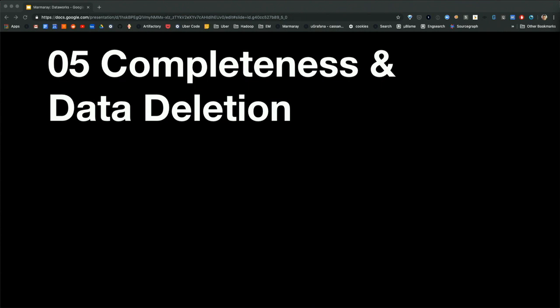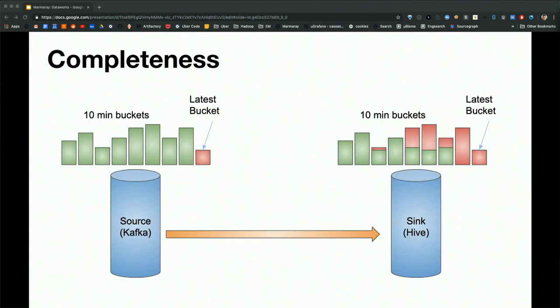So now I wanted to talk about completeness and data deletion. If you think about completeness, the main challenge here is we want to ensure that all the data that is ingested, that is written to the Kafka topic, for example, is actually counted and ingested into our system. Now, with some of the topics that we see at Uber scale, you cannot run a select star query to see the count of the table from the source data store and then run it in Hive, because it's just too expensive. And so we came up with this abstraction. Also, for compliance reasons, we do need to know the completeness of the data if we report metrics.